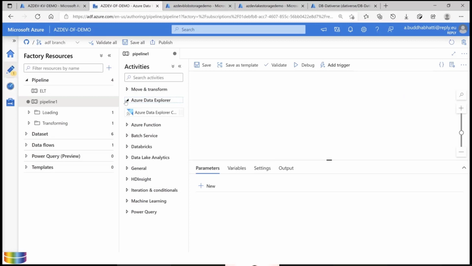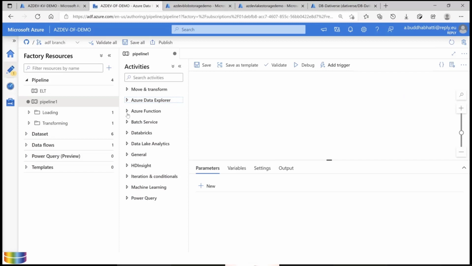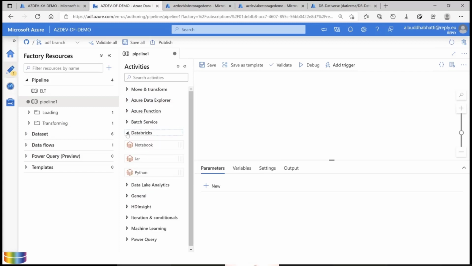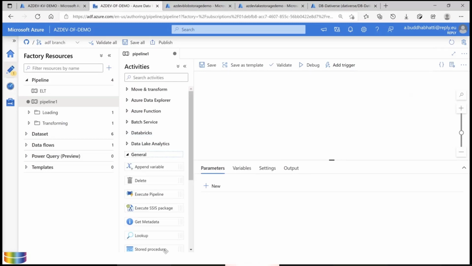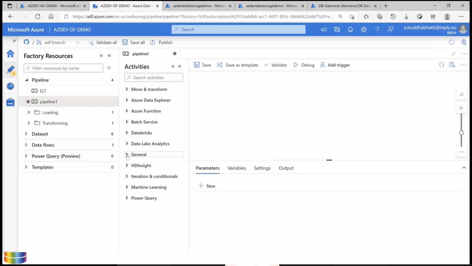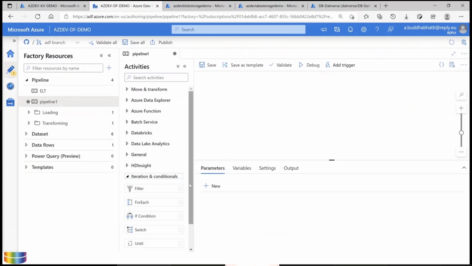You have other activities like Azure Data Explorer, where you can write a particular query from a log. You can use Azure Functions. You can use many things like Batch and Databricks activity. These are the general activities which you have, and there are so many, like the if condition and the for loop condition. You have these as well. So these are the activities.